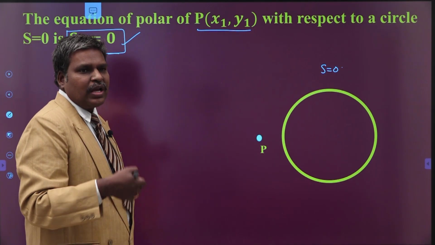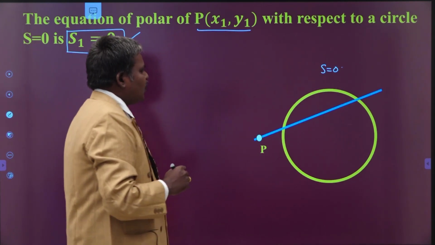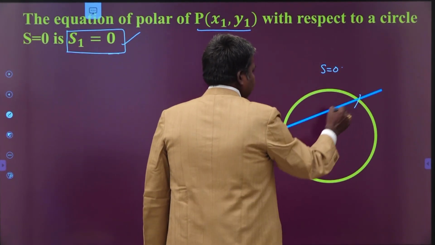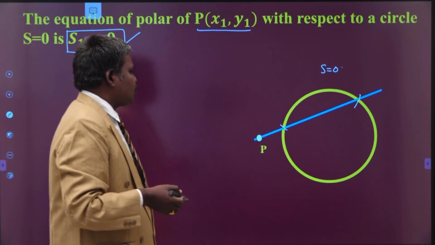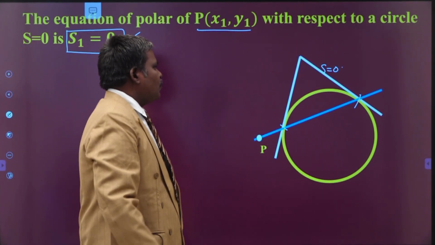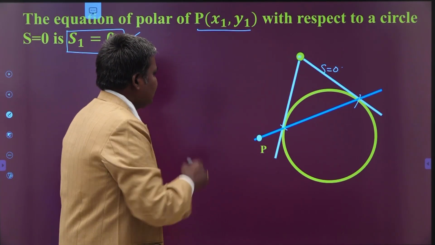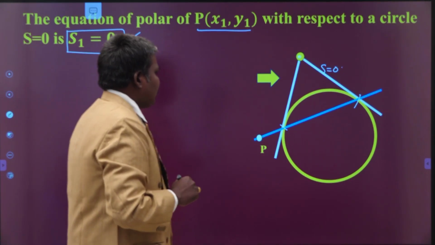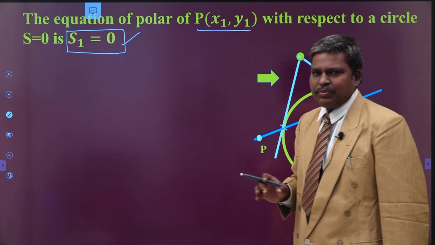So what is the experiment? We have to draw the secant lines through the point P to the circle. So this is one of my secant lines through the point P, intersecting the circle at these points. After that, what do we have to do? Draw the tangents at the points of intersection to the circle. This is one of the tangents. This is the other tangent, as shown in this figure. So this is the point of intersection. This is one of the points on the locus. Understand? That is my point. We are going to find out the locus of that point. We get some locus, and you have to show that its equation is S1 equal to 0. This is the corresponding diagram to this theorem.